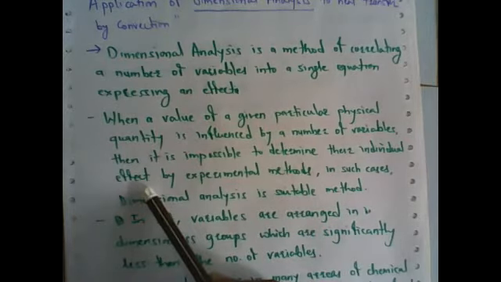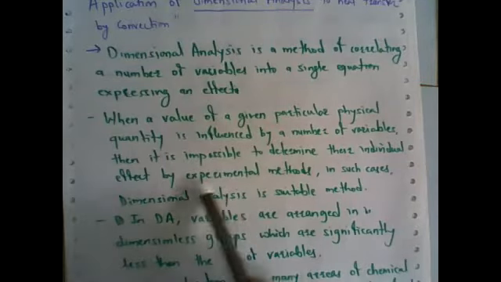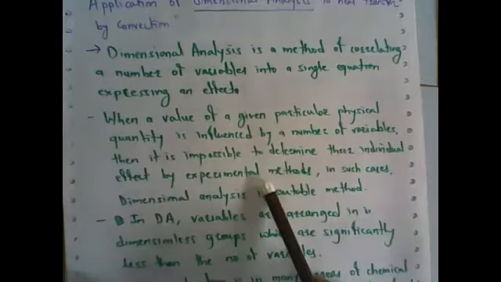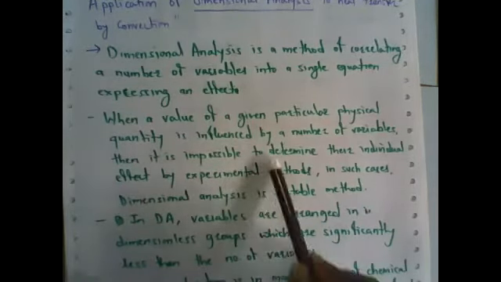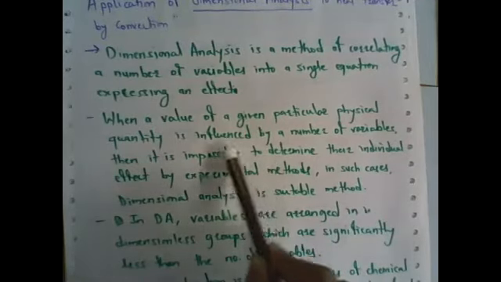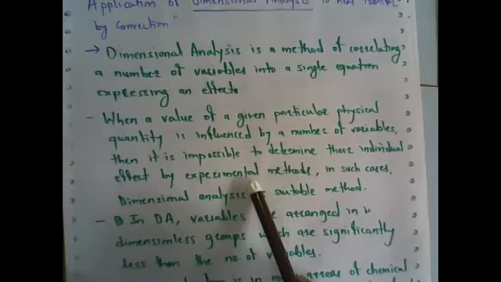When we are conducting experiments or research, we have to go through a number of experiments. In these experiments, when some output or result is changing, we have to conclude something. To conclude that, we must know due to which parameter this result is changing. But it is impossible to determine each and every parameter's effect on these results. Experimentally, it is very difficult, and it is not affordable to any company. For these cases, dimensional analysis is used.